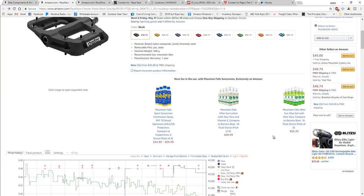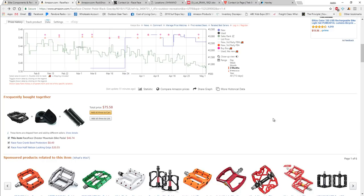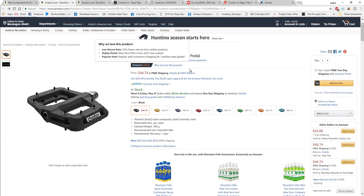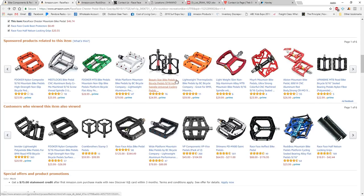Okay. As I'm looking at products, you can do this anytime. If you're checking products to see if they're profitable and you want to purchase them, or browsing through and checking companies to see if you want to buy a product from them, I always recommend, as you're scrolling down anyway to glance over the entire page,